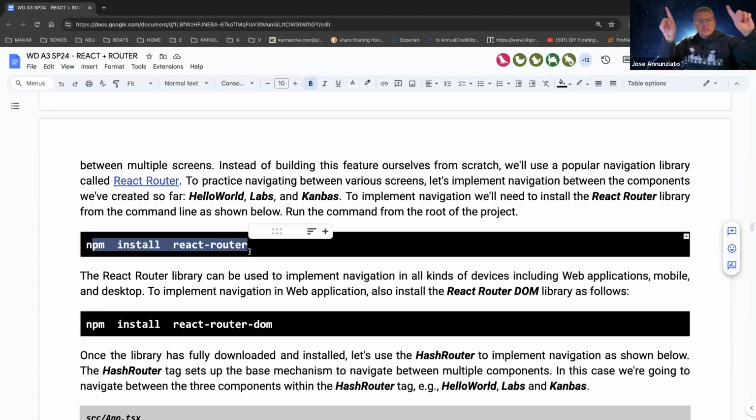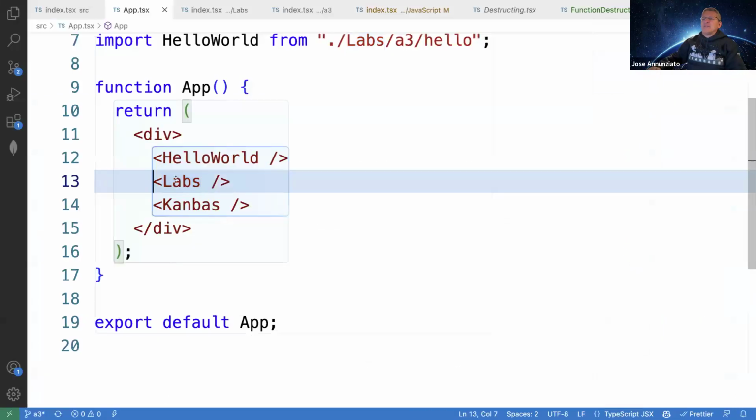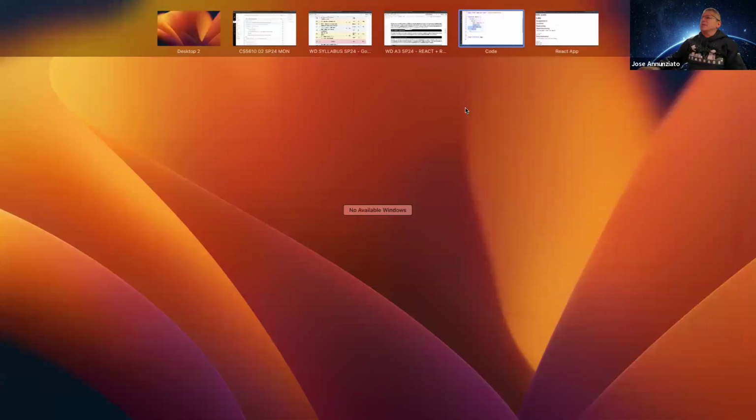We are going to change the URL so that we can encode information in the URL. But then we're going to say, well, when you see this particular URL, then show the Canvas component. When you see this other URL, then show the assignment 3 component. We're going to create some kind of map using this library called React Router, which is going to, instead of the way we have it right now, where everything's showing,